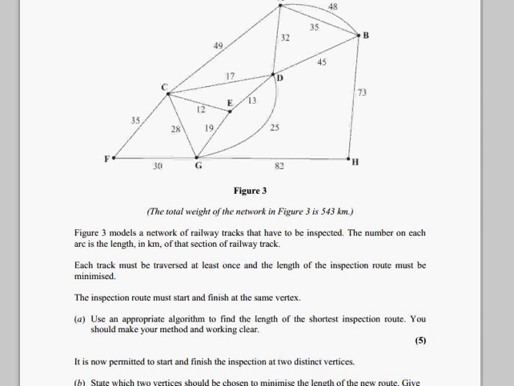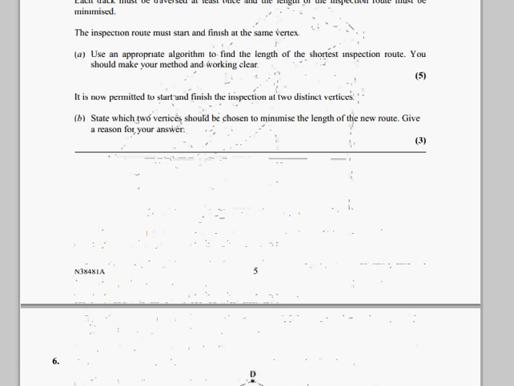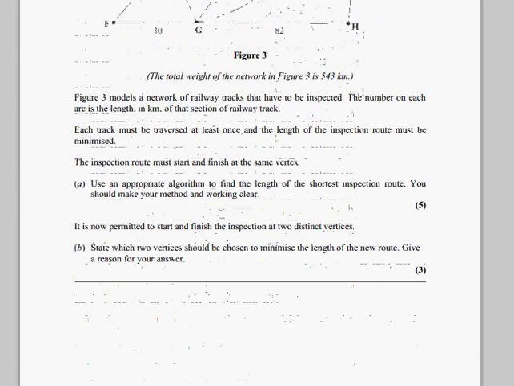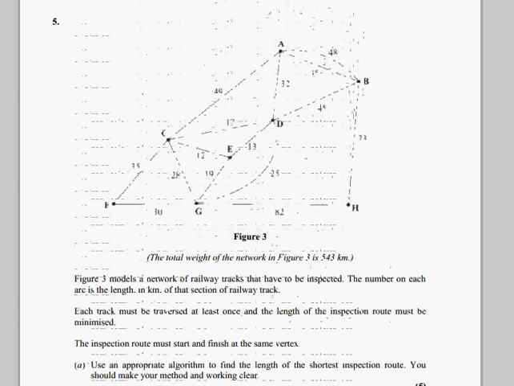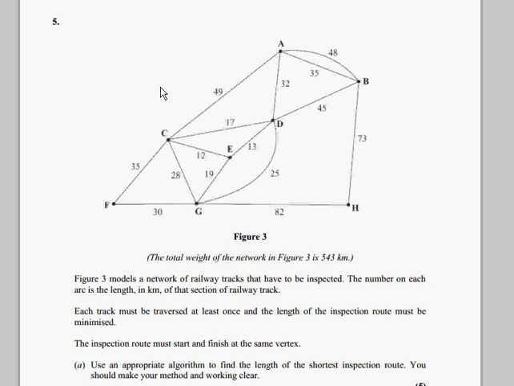Okay, let's have a look at question 5 from the January 2009 D1 paper. This is a route inspection question. You've got a railway network and each track has to be inspected. That's how you know it's a route inspection question, because they tell you that each track, that's each arc, has to be inspected, so we know we have to pass across each arc